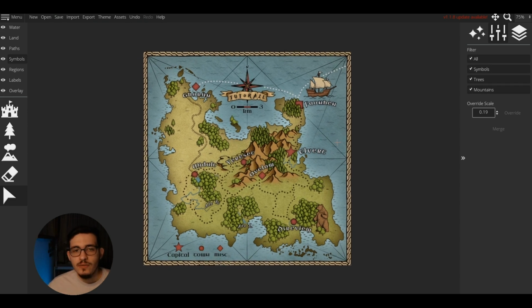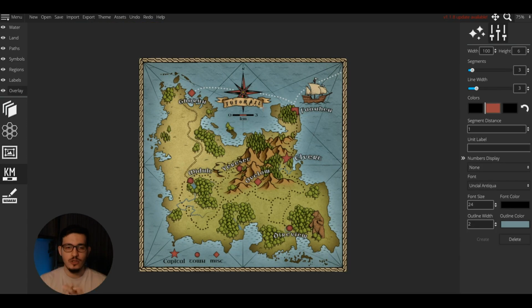All right, so now technically we have a finished map. We have everything for a starting point. We are showing some basic settlements. We have some miscs. It looks quite nice in my opinion. So I think that's it for this first part.